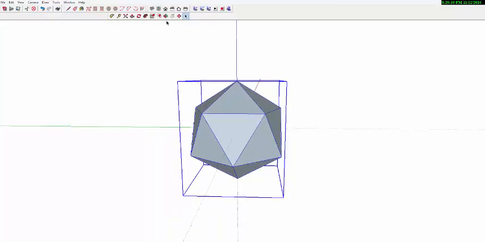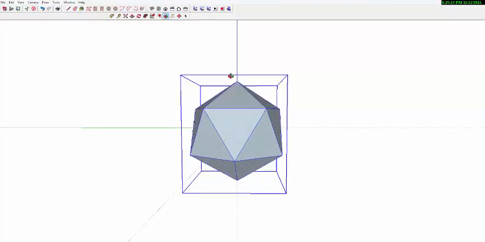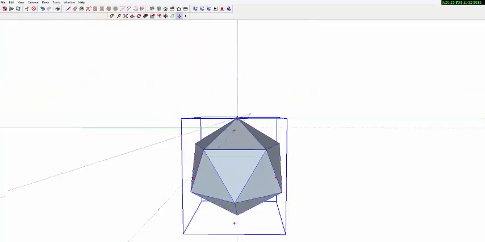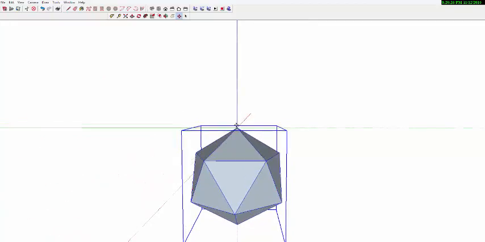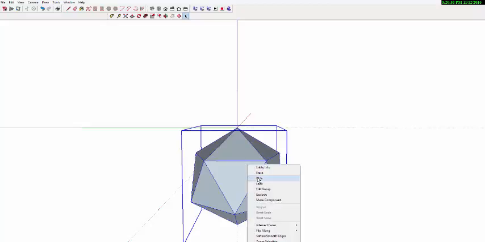Okay, so now what I'm going to do is move this down to the origin, the very tip, so I can know exactly where it is when I put it inside the other one. Just coming straight down there. Okay, so what I'm going to do is hide it, and now I'm going to construct a dodecahedron. So let me hide this, and now let's go from the top view again,